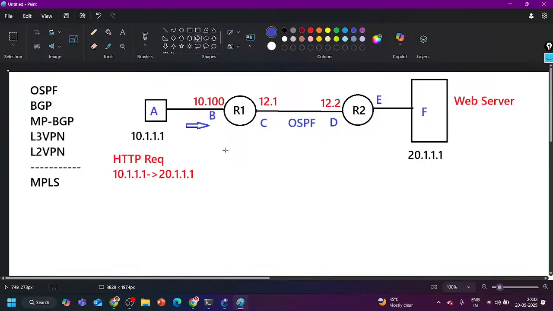Yes, sir. It will check the type field also, which identifies the upper layer protocol. Very good. In the Ethernet header, it will check the type field to identify the network layer protocol. Okay, very good. Now,